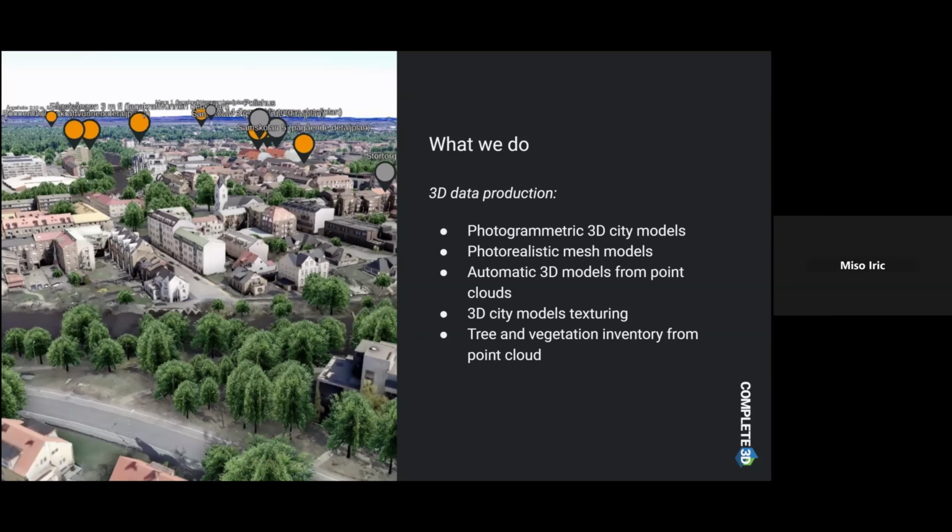There is also the possibility to use point clouds to extract trees and vegetation and then recreate those in the scene in 3D visualization. In this case, we can find every single tree and the height of the tree crown, and even, using a different type of data, it's possible to separate the type of tree or the type of vegetation, and then recreate it as a 3D object for visualization. As in this case, we are visualizing trees as 3D models.